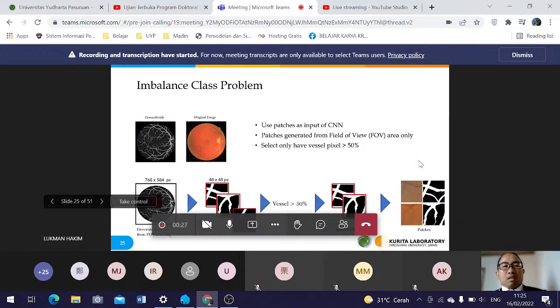This patch is generated only from a field of view area, so it means only in this circle area.